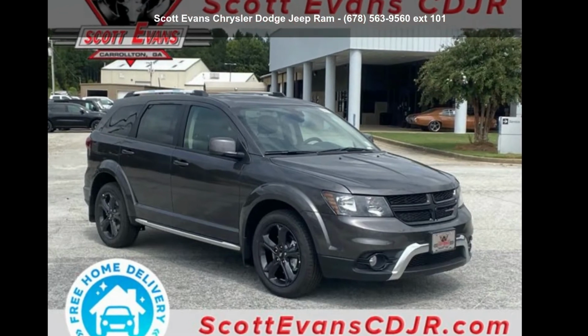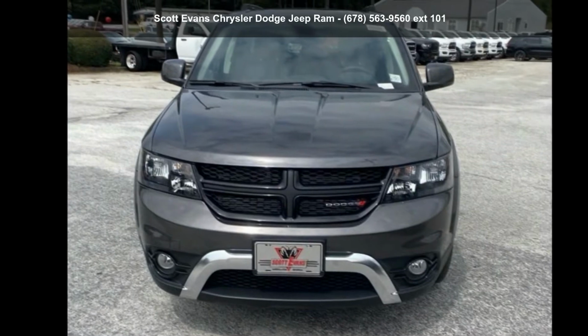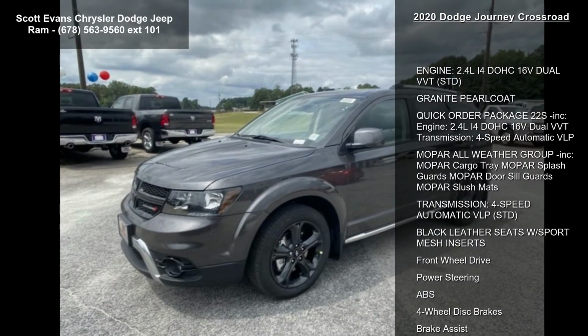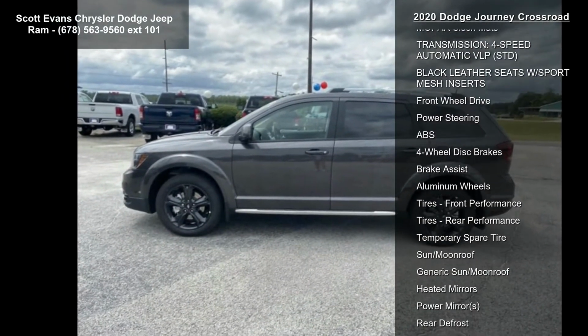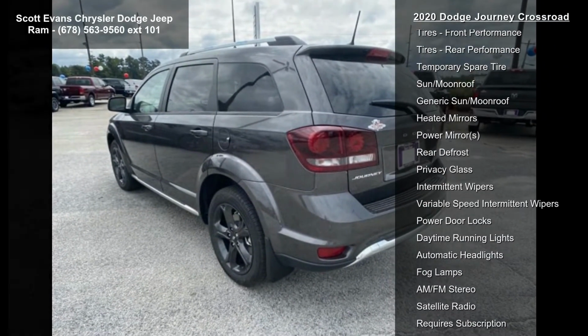Imagine yourself in this Dodge 2020 Journey Crossroad. This may be the set of wheels you've been looking for. Enjoy these notable features: engine 2.4 Li 4DOHC 16V dual VVT, STD, granite pearl coat, quick order package 22S included,